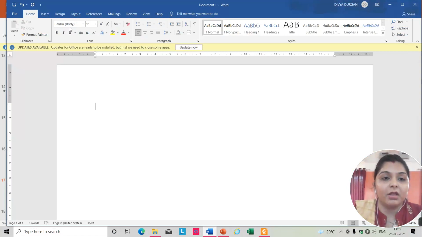Now see, the font style is Calibri, the size is 11, and the color is black. If I want to increase the size, I will increase it from here and then start typing. Now if I want to write x square, that is the superscript. Dear children, it can be done from the Font group in the Home tab.